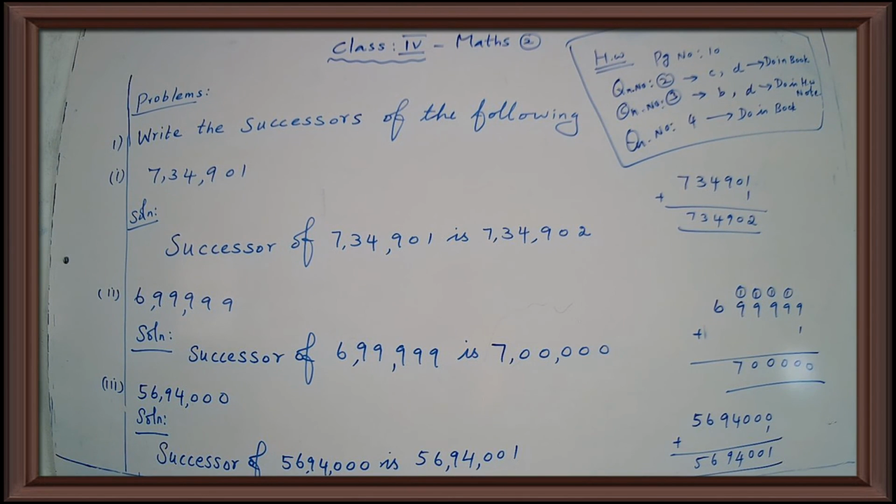And question number 4, match the following, the number name with the correct abacus. Already one has been done for you. So the remaining B, C, D are so easy. There are 3 sums in match the following. Those questions also do in your book only. Question number 2 and question number 4 do in your book.